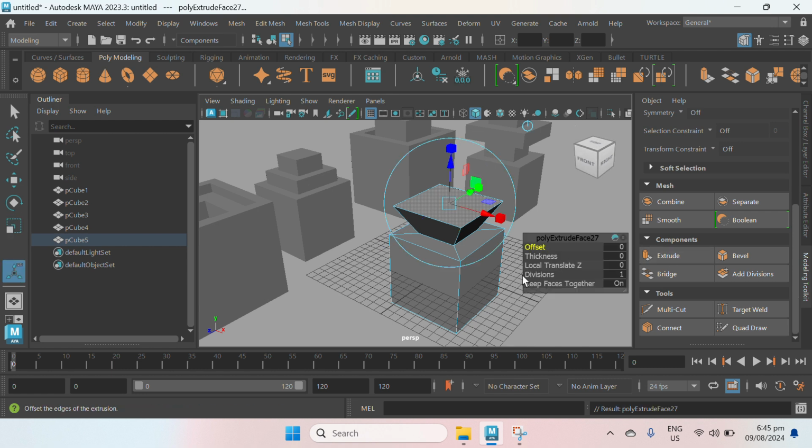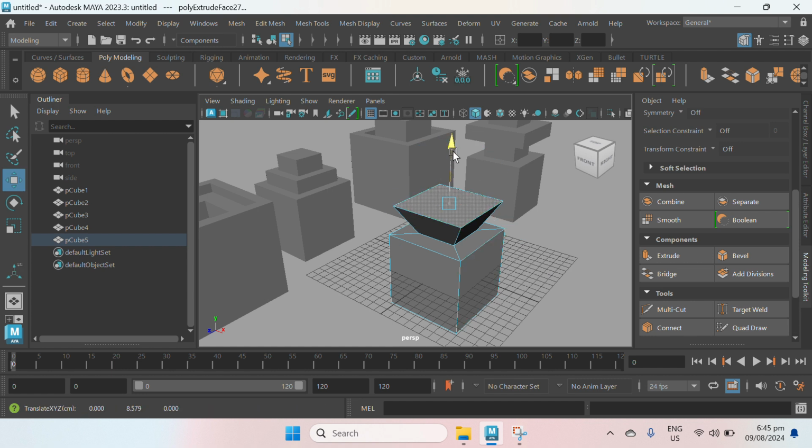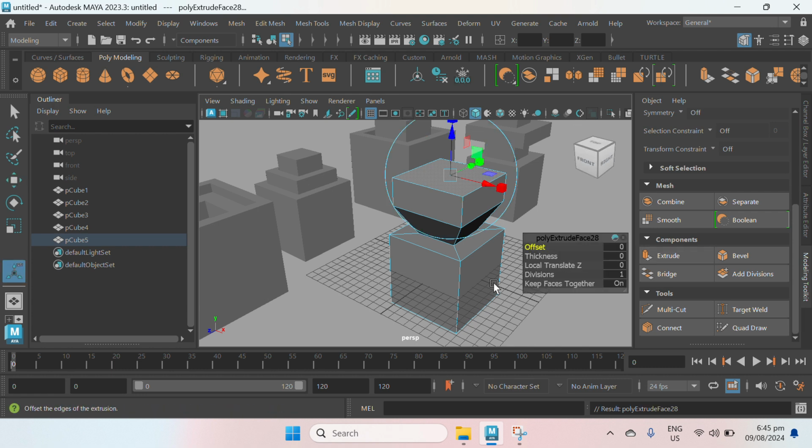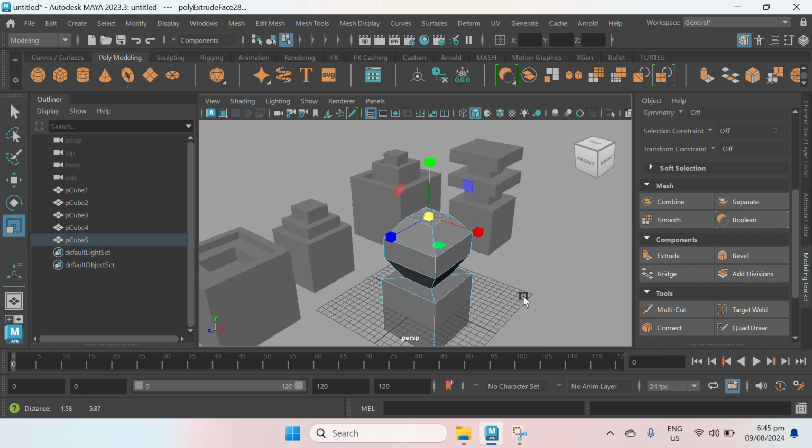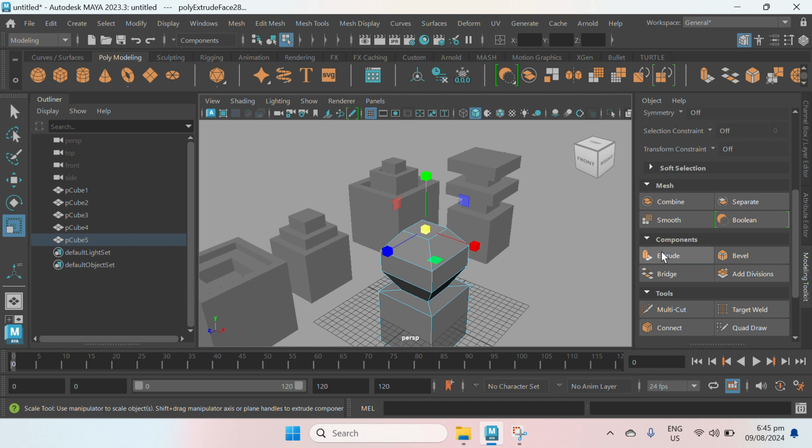Next, extrude, W, arrowhead upward. Extrude, W, arrowhead upward. Rescale, click and drag to the left. Next, extrude, W, arrowhead upward.